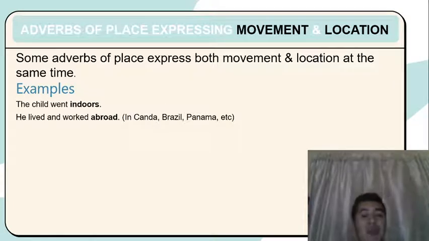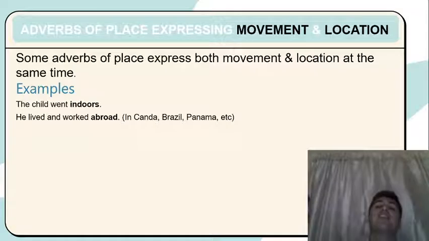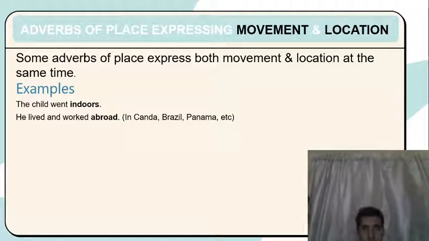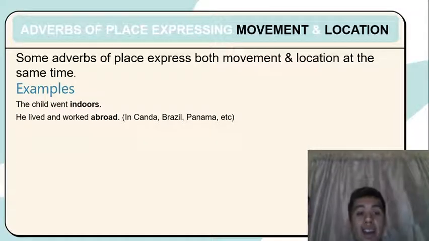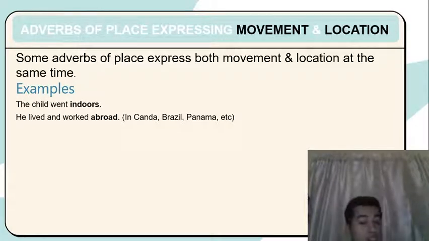He lives and works abroad. What is abroad? Abroad is another adverb to express a different country but in the same continent that you live. For example, we live in Mexico, so we live in America. In America we have different countries as Canada, Brazil, Panama. If I travel to Brazil, I can say that I travel abroad. That is,